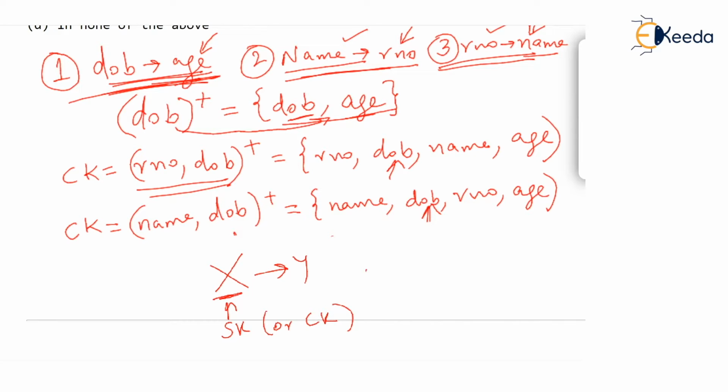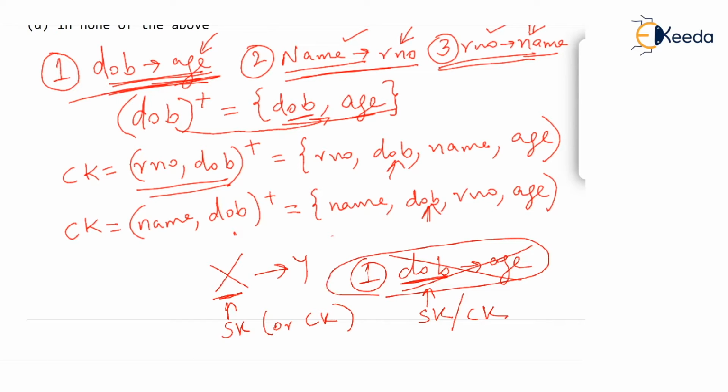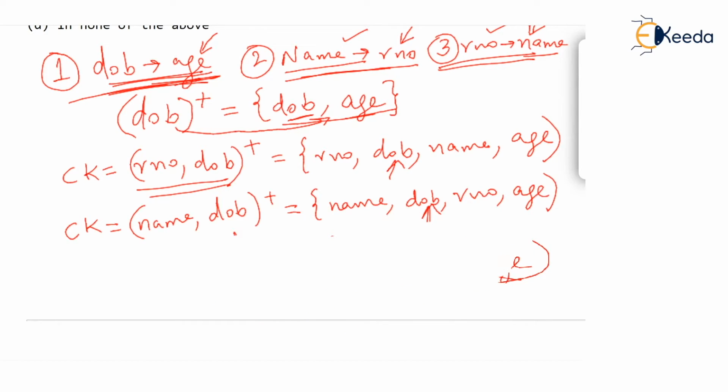Then you will see the first dependency that we have written, date of birth determines age, itself breaks this rule, because date of birth is not a candidate key. It is roll number comma date of birth or name comma date of birth. So it is neither a super key nor a candidate key. So the very first dependency doesn't obey the BCNF rule. So this table is not in BCNF. Then you go one level up. You have checked the highest normal form BCNF. Now you can check 3NF.